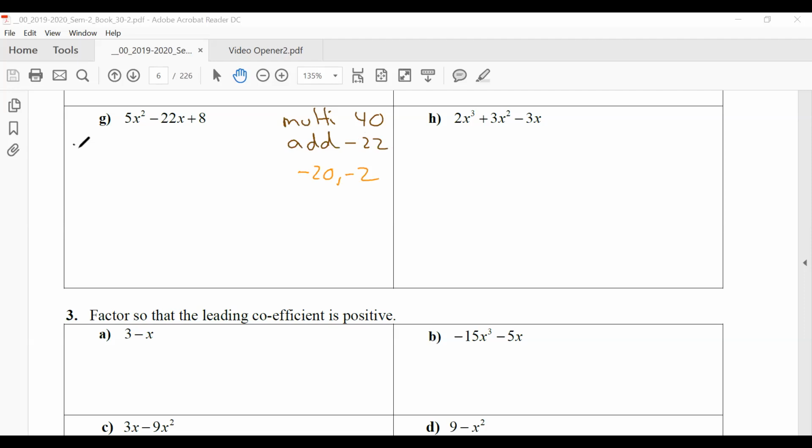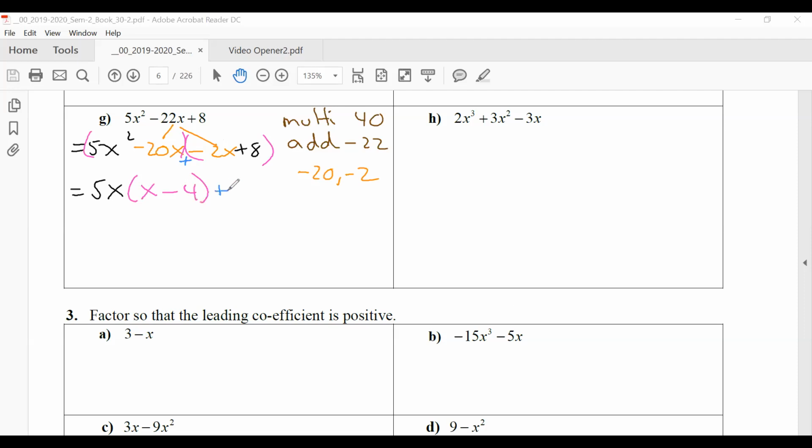What you do is just like when something in science you've talked about starts to decompose in biology, it breaks down into its component parts. What you do is you would decompose the middle into those two, and then I put a bracket there and a bracket there, and there is a plus sign in between these. So I'm out of room, I'm going to stick a plus right there. Now I say to myself, what can I factor out of the first parenthesis? 5x, and I'm left with x minus 4,